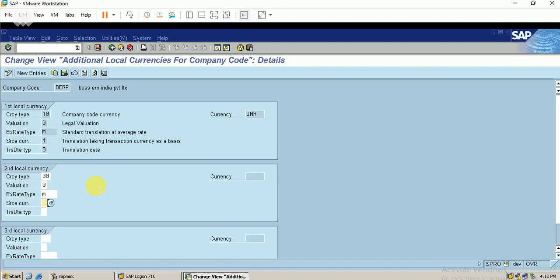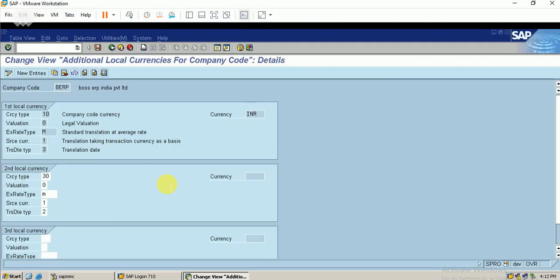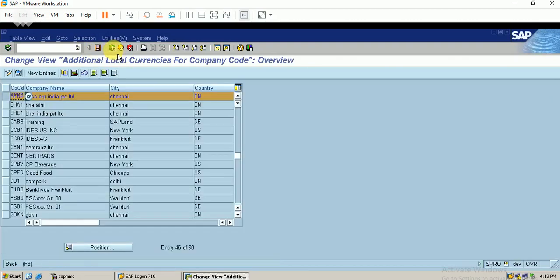Okay, let me have this one, and I can change here also the posting date. Okay, just click on enter. Again click on enter. You can have this. The second local currency is euro. So let me save it. Okay, and now I think I can